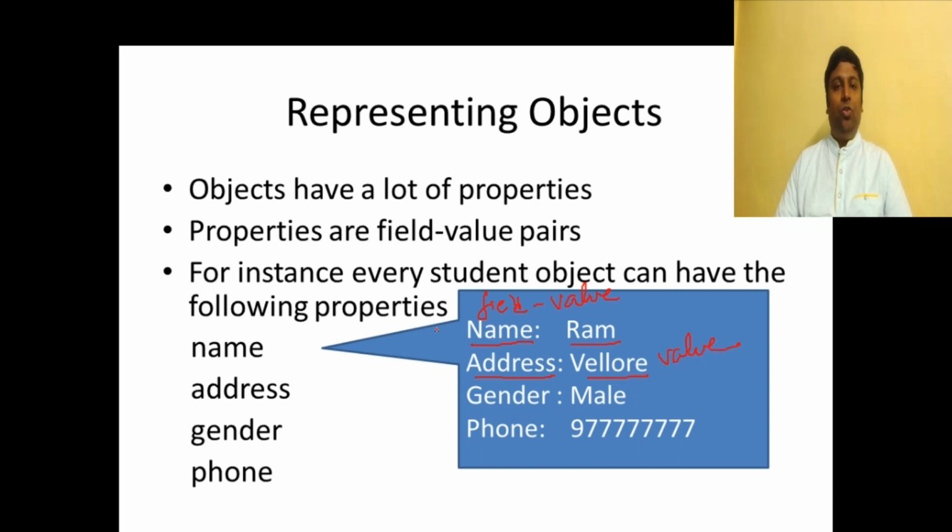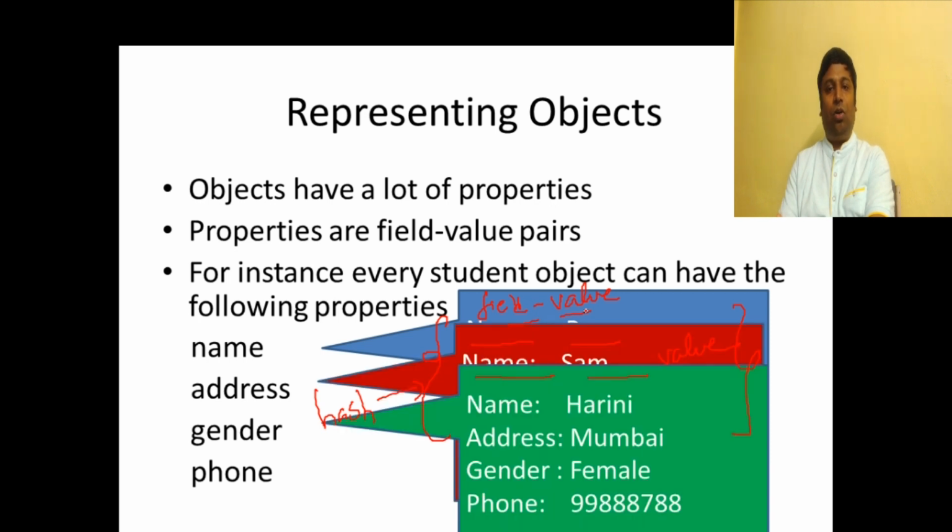In Redis, you use hashes to represent objects like this. So what is a hash? A hash is nothing but a data structure used for representing field value pairs of an object. So when you think of representing objects, you have to consider the hash data structure in Redis. Is that clear? I have given some more examples of object representations here.